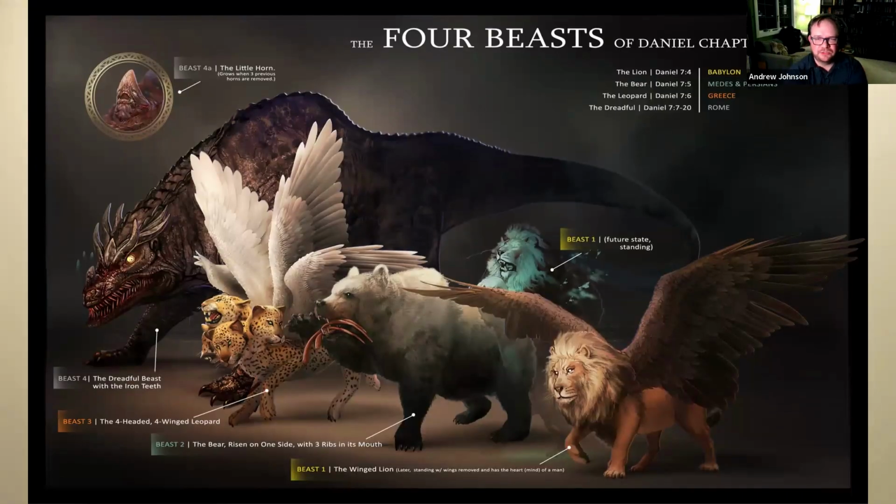If you were to do something like this, the four beasts of Daniel 7, kind of like a diagram, what you'll notice is that some of the text is just a little bit small. It's totally fine to use this in a slide, but I would probably also want to hand this out as a digital handout or a print handout so that people could actually take a closer look at this. So just be aware of how all of your work is going to show up.